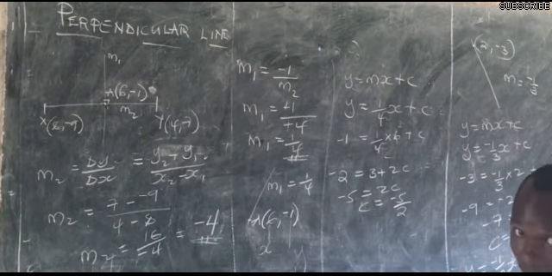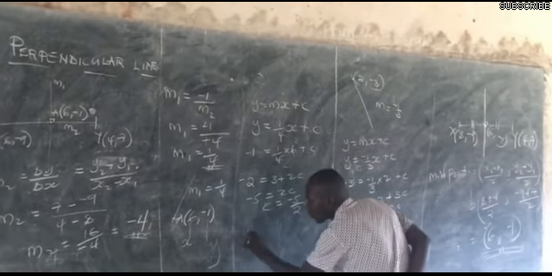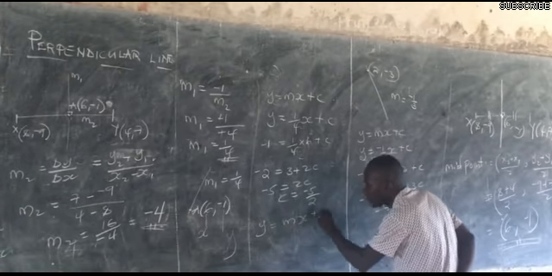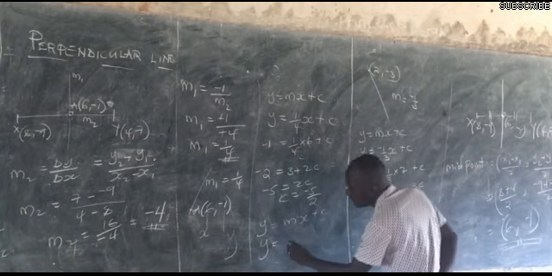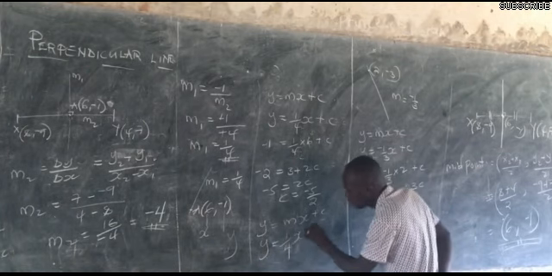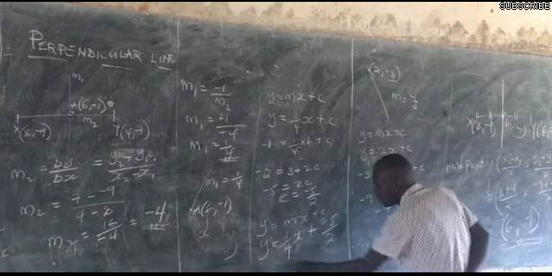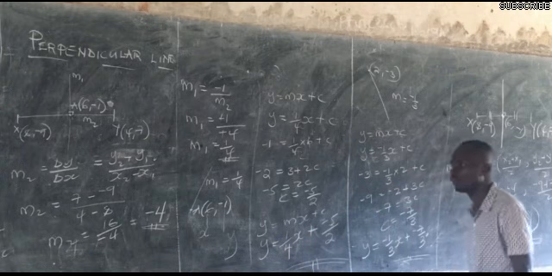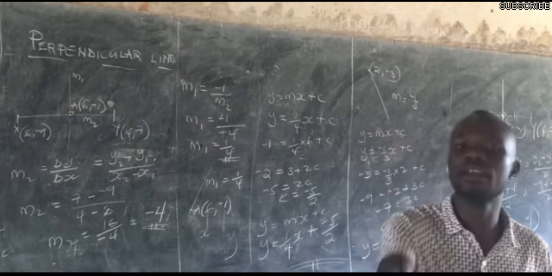From the value of c, I can easily assemble and come up with the equation of the line, knowing that y is mx plus c. So my y is, the value of m in this scenario is 1 out of 4 x, plus the value of c, which is -5 out of 2. And that becomes the equation of the line. And that is the idea we use in